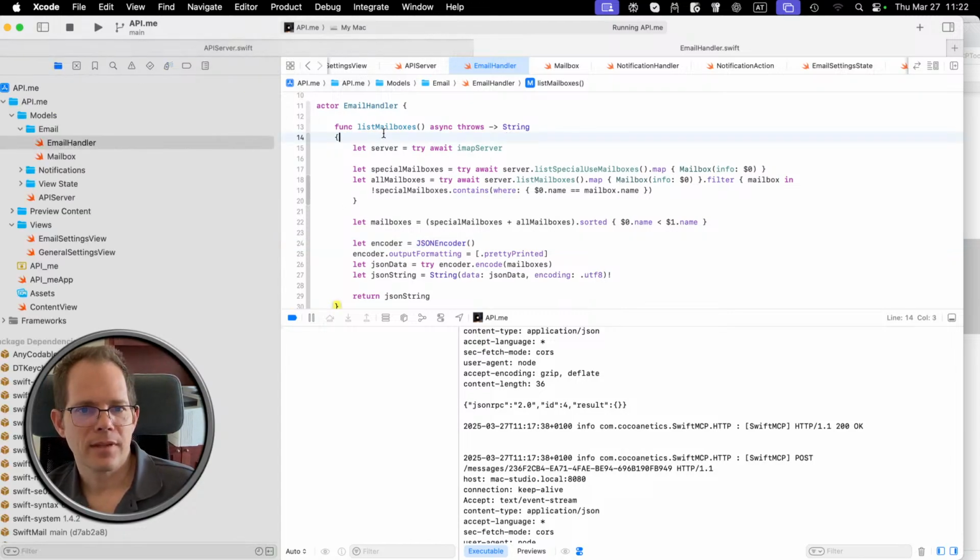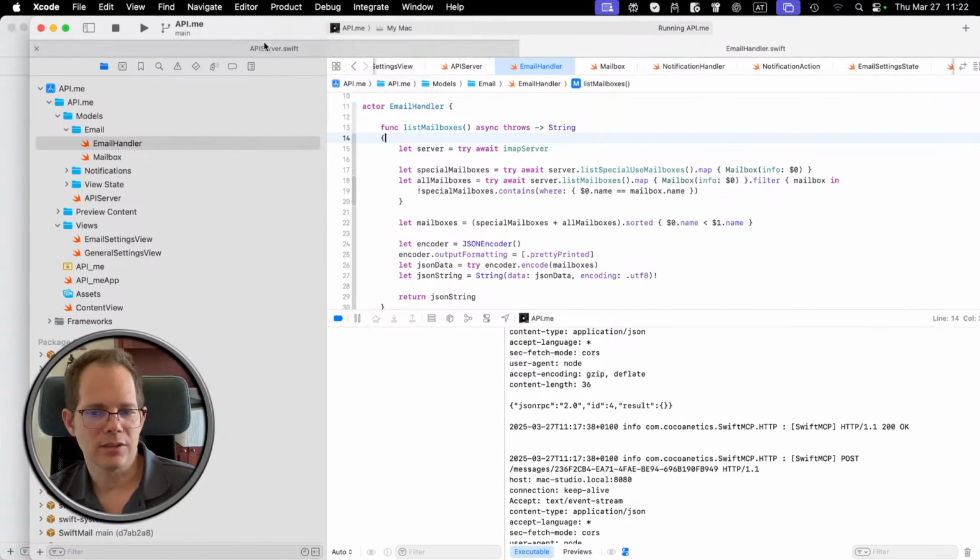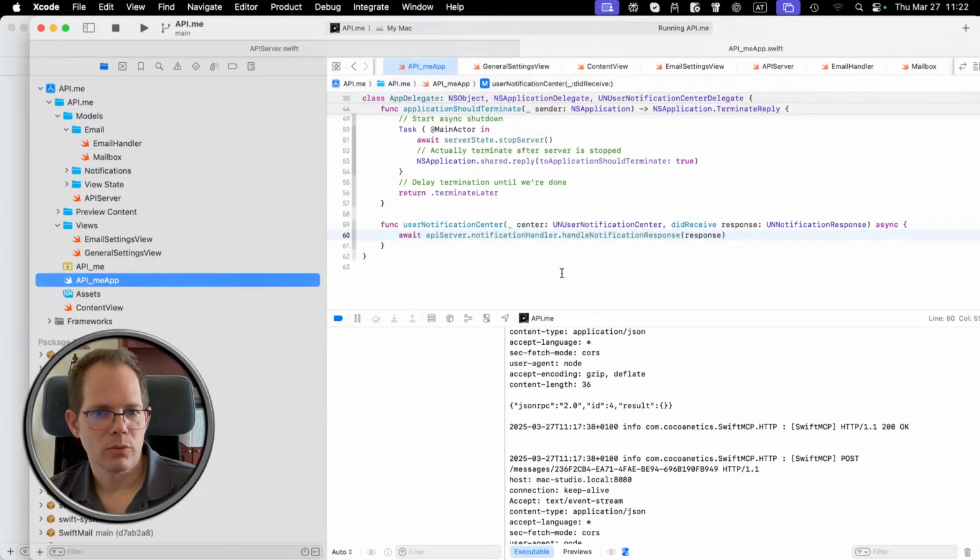So now next we want to be able to get the contents of one such mailbox. And so we do